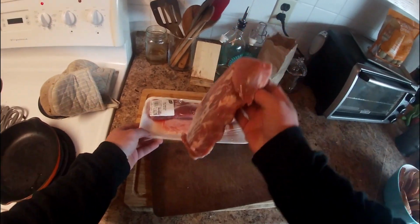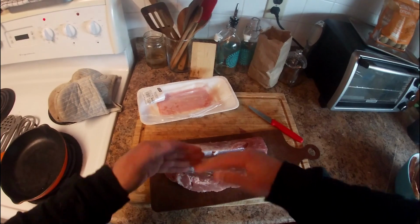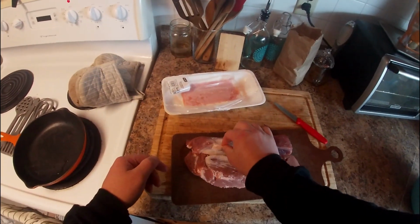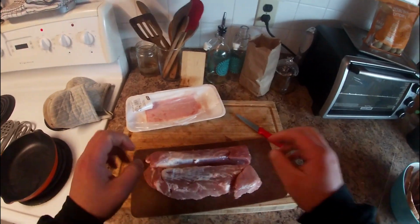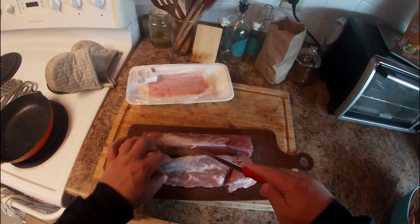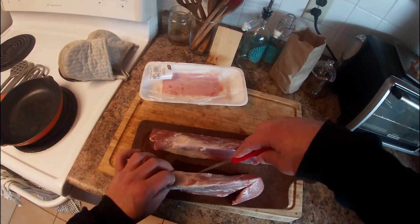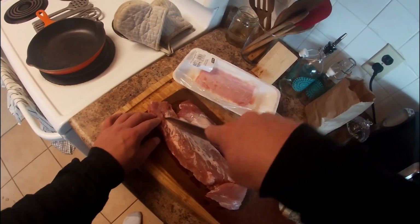So the butterflying is easy. We can do a little bit of a cheat. Instead of doing a real butterfly and having to roll it out to make a big flat thing, we can just cut each of these down and open them, and then we're gonna try and tie them together. So we'll get on that. The idea is to cut almost all the way through, but to not cut all the way through so it folds and stays together. I guess we'll see how well